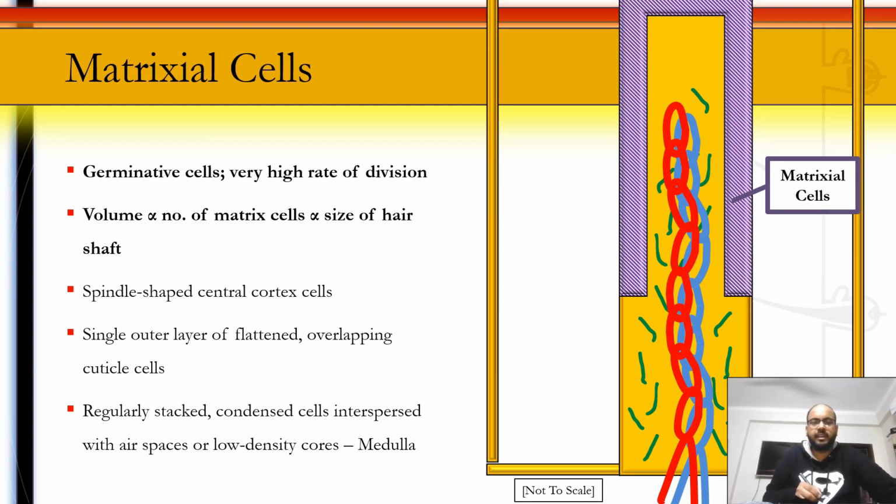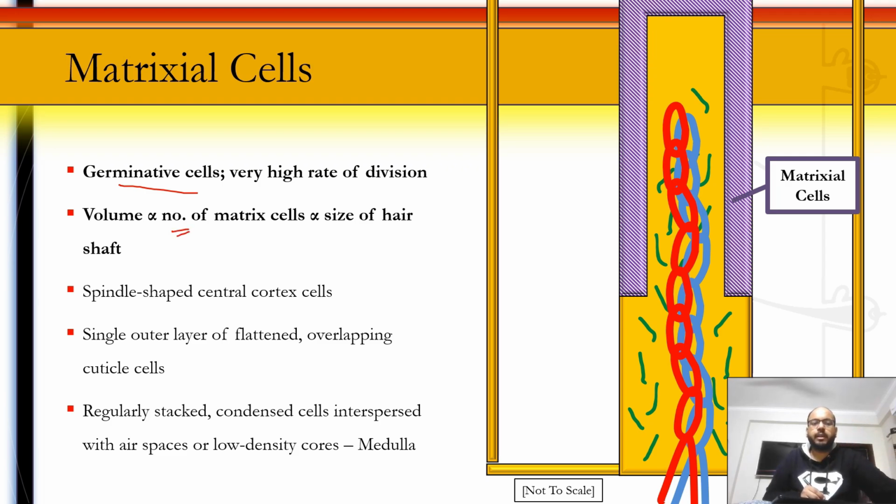Now the matricial cells. These are also known as germinative cells. They have a very high rate of division. In fact, they have one of the highest rates of division in the entire body. We know that the volume and the number of matrix cells is directly proportional to the size of the